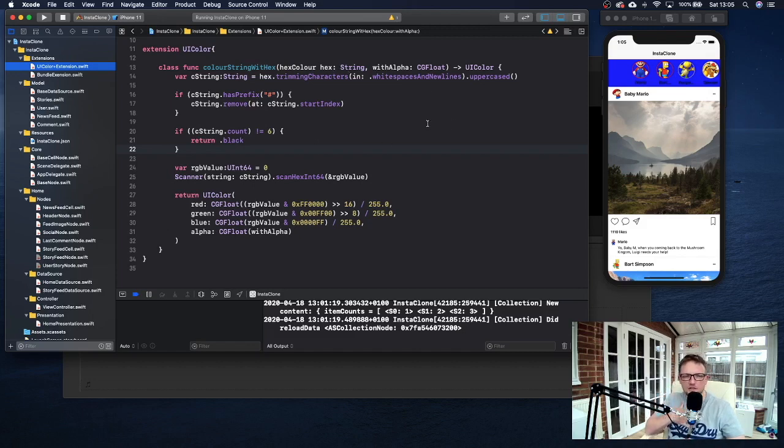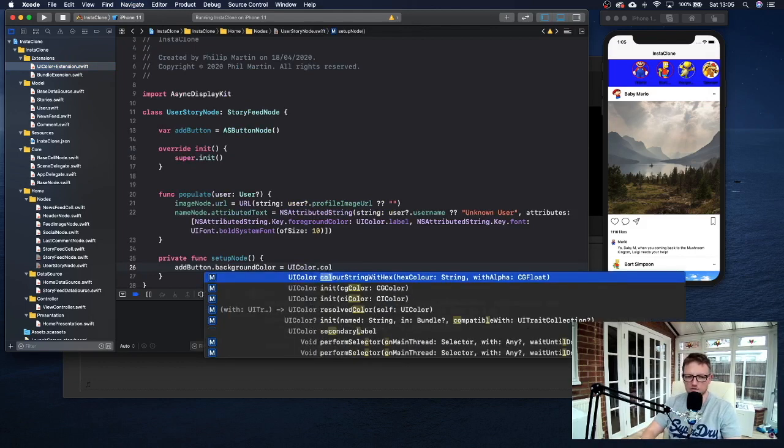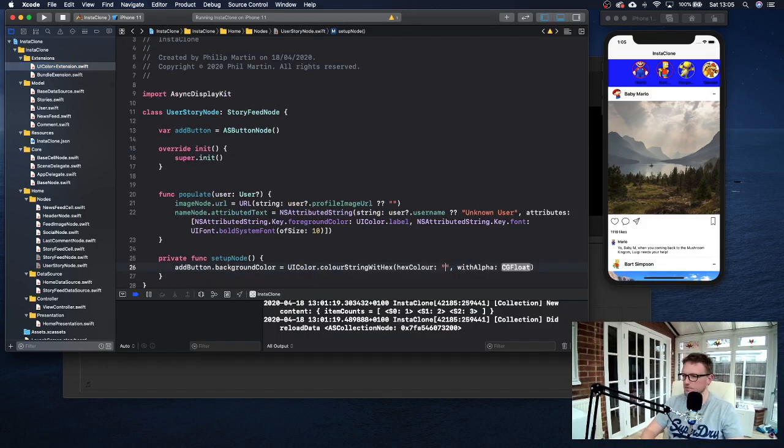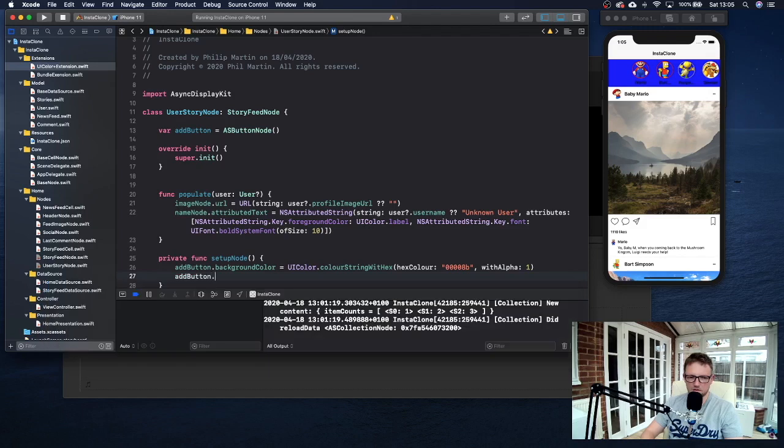And it will just convert that hex value into a UI color. So we're going to do color string with hex, and I've already pre-picked a blue. So we're going to do 1, 2, 3, 4 of those, 8 and a B, and then do add button dot set